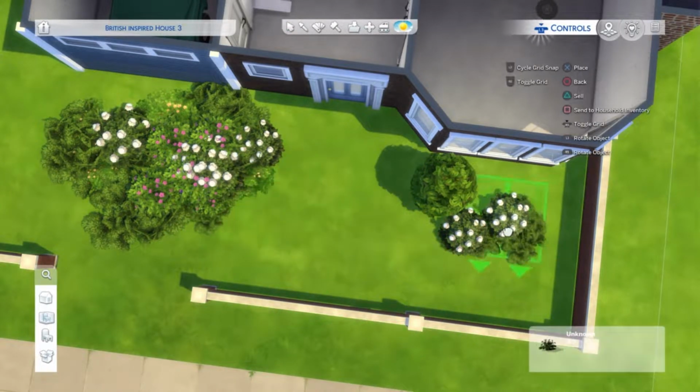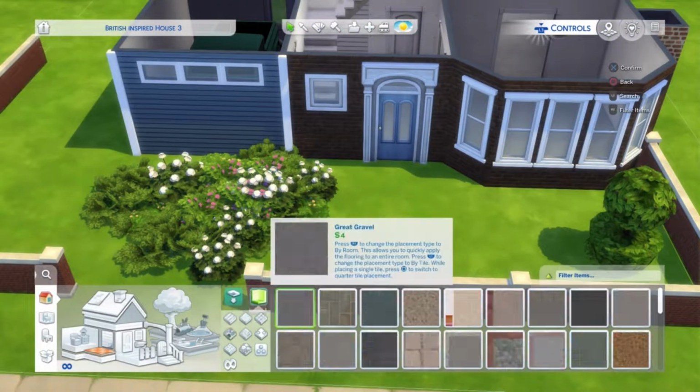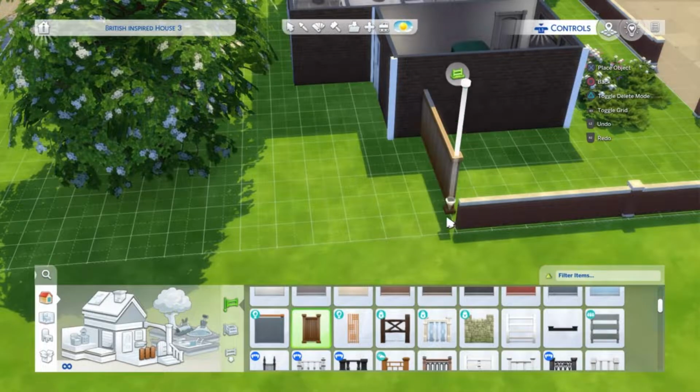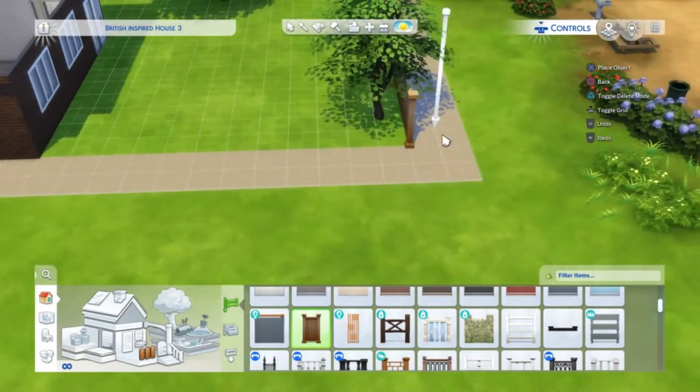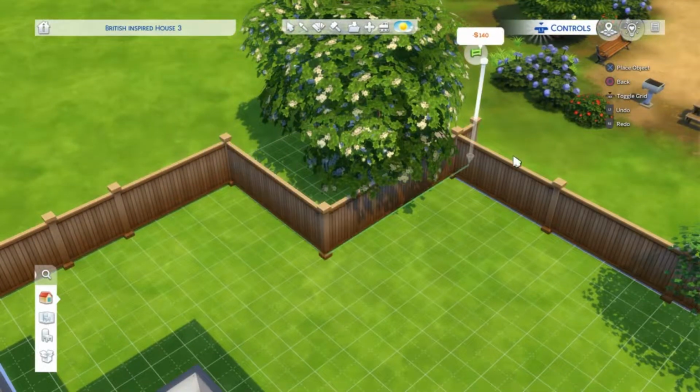But I think it's definitely one of my favorite gardens I've ever done. I've got a little greenhouse. There's a little outside dining area as well. There's a little fountain outside. I just love it, man. I had in mind that they would grow roses, and I think they're called dahlias,